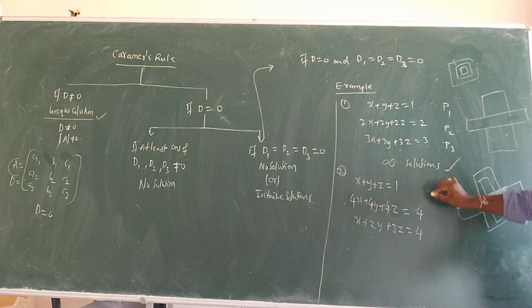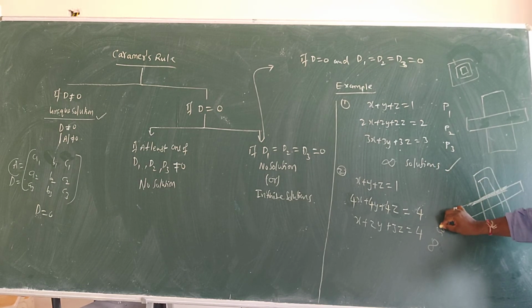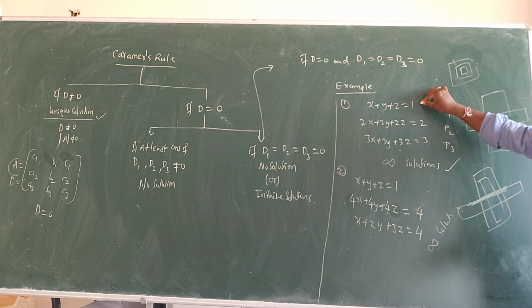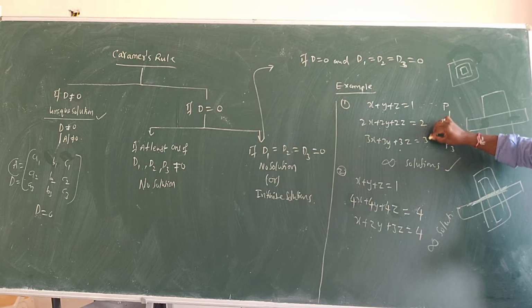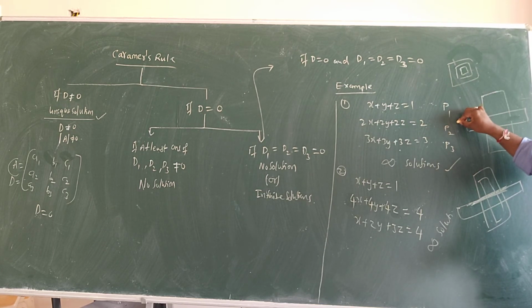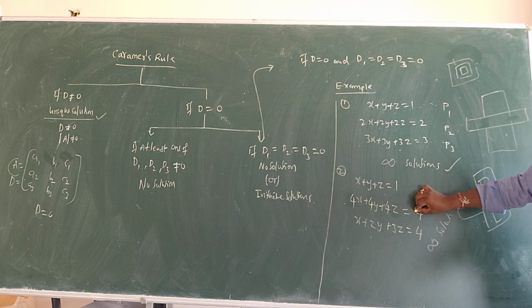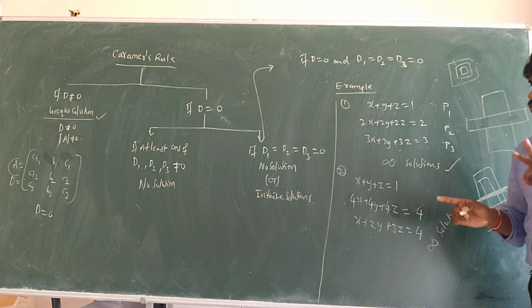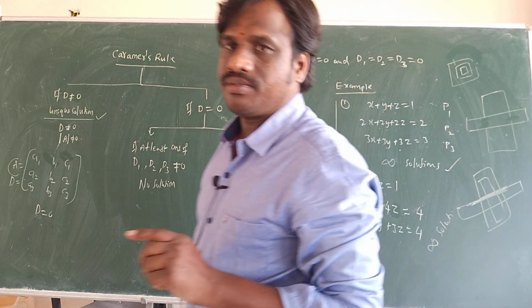So in this case you will say infinite solutions. In this case also infinite solutions. You have to check them. If all three are multiples, it means coincident planes, and coincident planes mean infinite solutions. Here two are coincident, another is not coincident, so these are intersecting planes. Intersecting planes mean infinite solutions. Coincident planes, infinite solutions. So you got 2 points. Next I will explain 2 more points. Okay, note down.